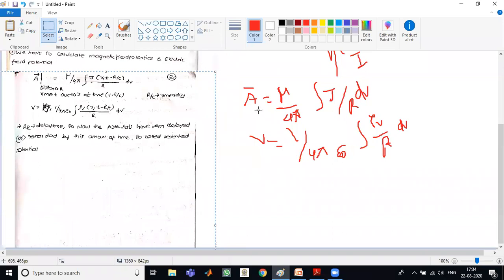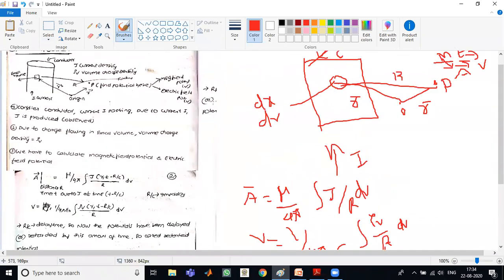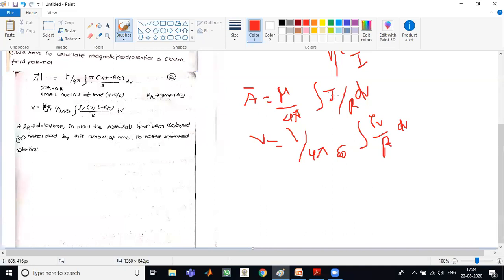That is, A bar and V change with respect to time, and that time changes in the antennas. So this equation is for the constant current; in the time varying field, A bar and V